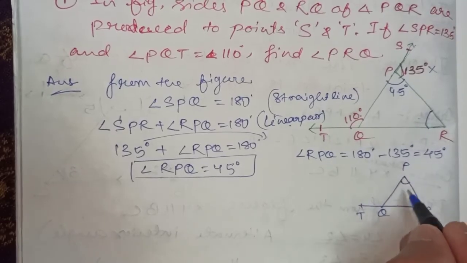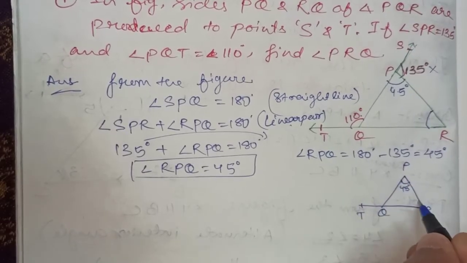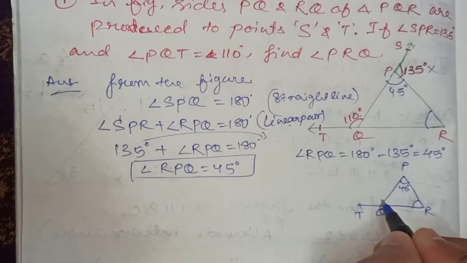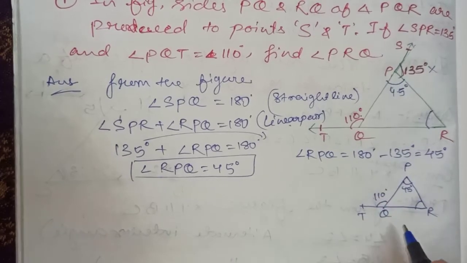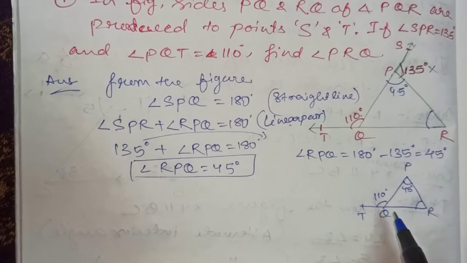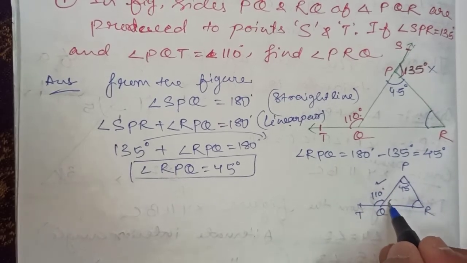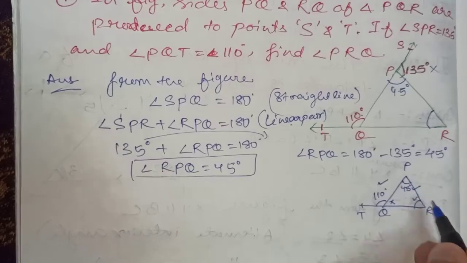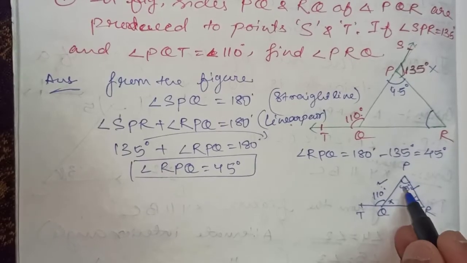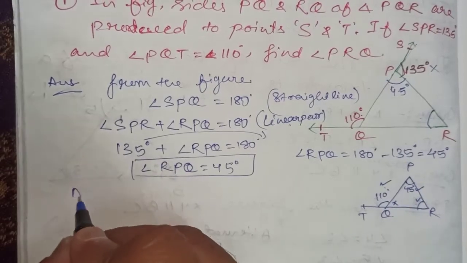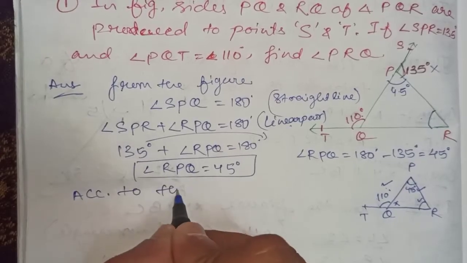This is 45 degree. This we have to find out. This we have 110 degree. Tick cross tick tick. So according to the theorem,